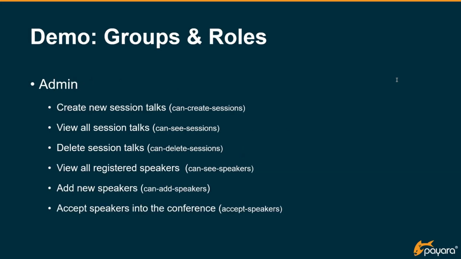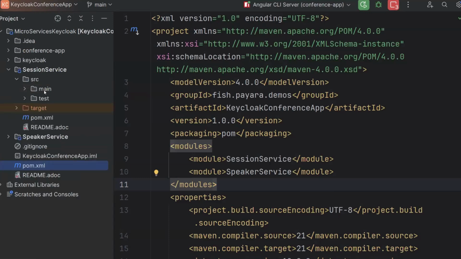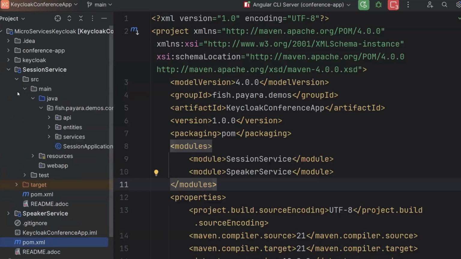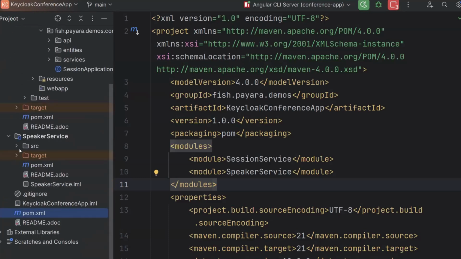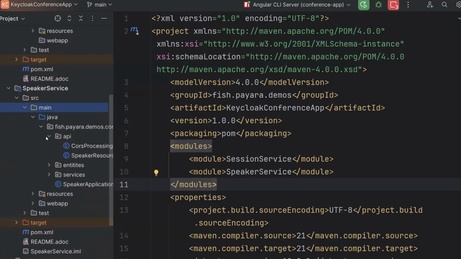So coming back to the code, what we have in here is the Maven project that contains the two modules for my microservices. And how are these services implemented? Well, these are traditional Jakarta REST services endpoints. If I go, for example, to the speaker service, you will see that it contains a very basic set of API